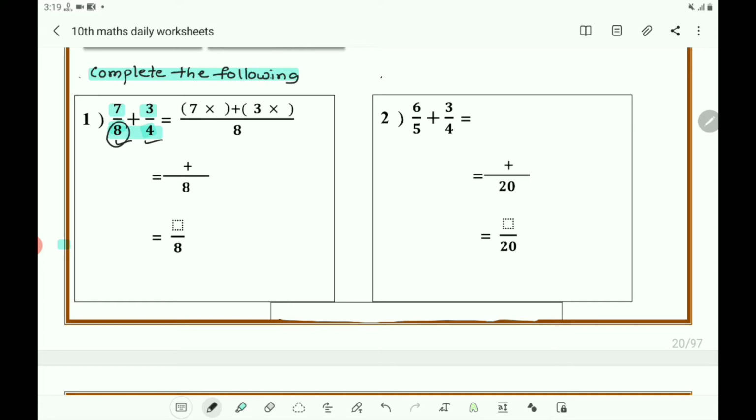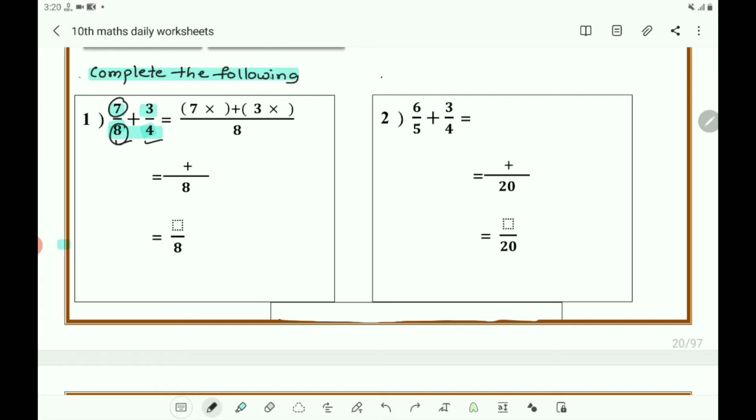Otherwise, if you do not have any idea, follow the steps. 4 8, then 2 2s are 4, 2 4s are 8, then 2 1s are 2, 2 2s are 4, then 2 1s are 2, then the product of these becomes the LCM. And here you write 8. Then you must fill the number here. What do you have to fill? Here you know that 8 ones are 8, so 7 ones are 7. What do you have to write here? 1, we have to write.